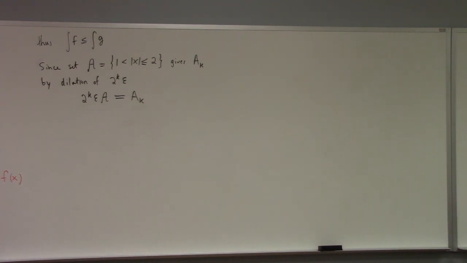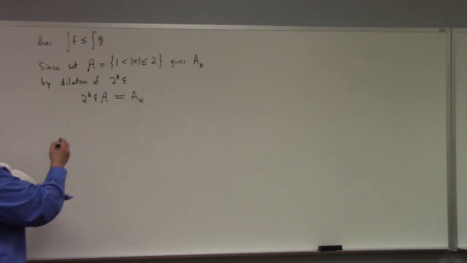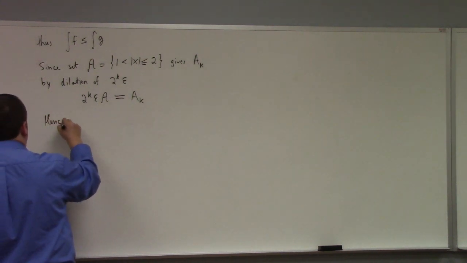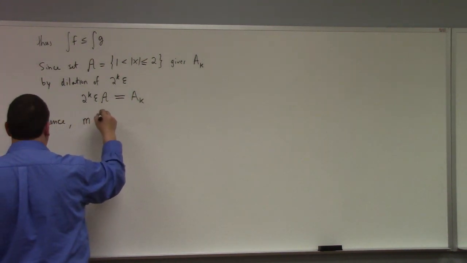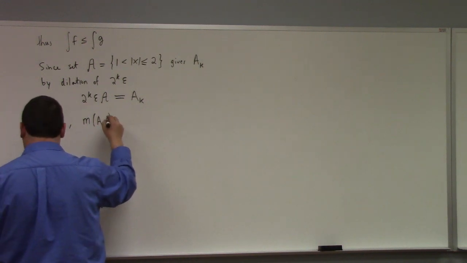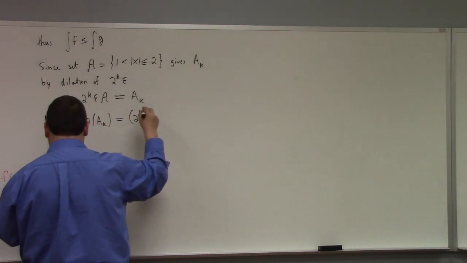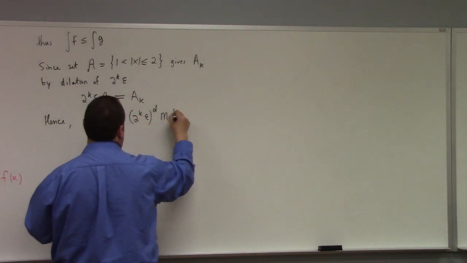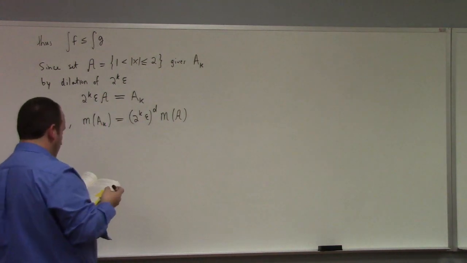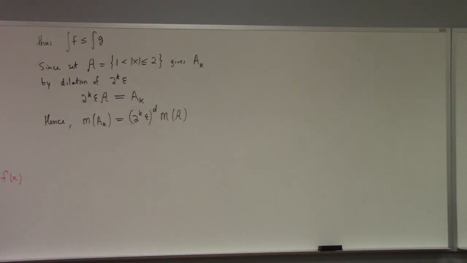We have, by the relative dilation invariance properties of the Lebesgue measure, that the measure of A sub k is equal to (2^k epsilon) to the d power times the measure of script A, right? And he says by Corollary 110, we see that